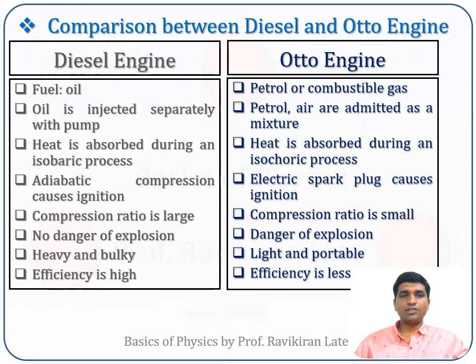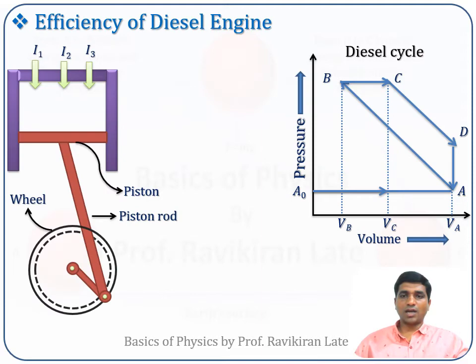Further, for your information, these are some of the differences between the Otto engine and the diesel engine. The most important difference between the diesel engine and the petrol engine is that the efficiency of a diesel engine is higher as compared to the efficiency of a petrol engine. We had already seen an expression for the efficiency of an Otto engine, or petrol engine. In today's lecture, we will be discussing a derivation for the efficiency of a diesel engine. So let us start with today's expression of the efficiency of a diesel engine.